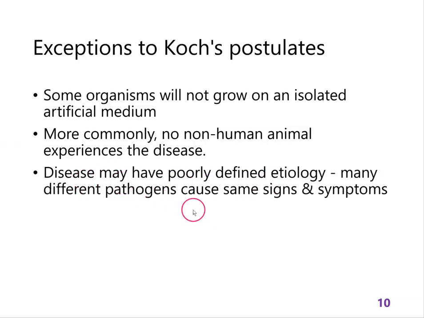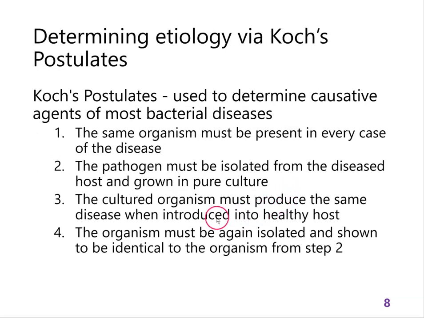If there are a lot of different pathogens that cause the same disease, then you can't do Koch's postulates. An example would be the common cold. Something like 200 different viruses cause the common cold. Well, that first step of Koch's postulates wouldn't work. You don't always find a rhinovirus when someone has a cold. Sometimes you find an adenovirus or a coronavirus. There's a famous case